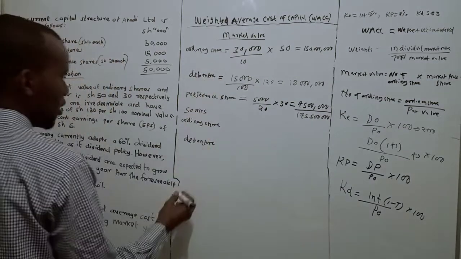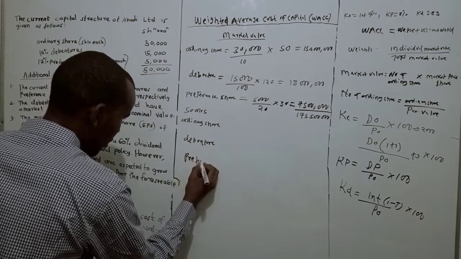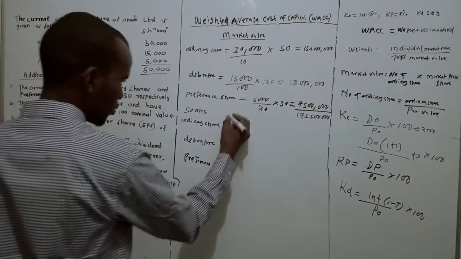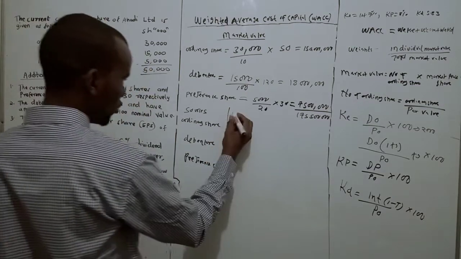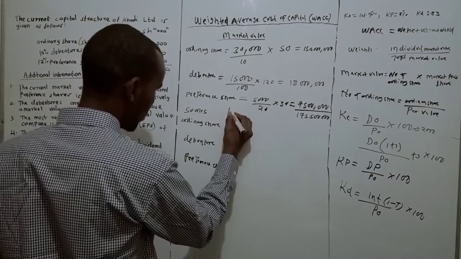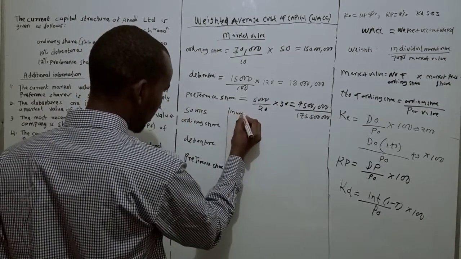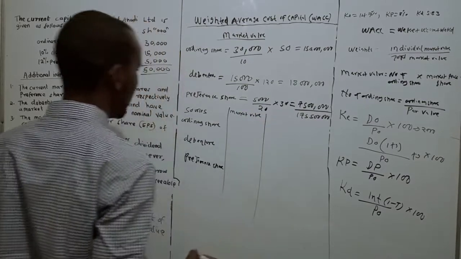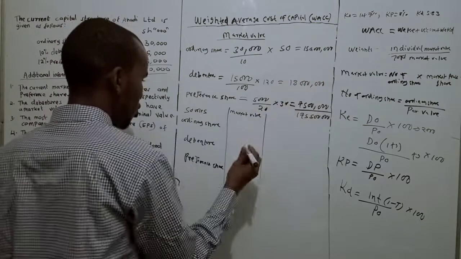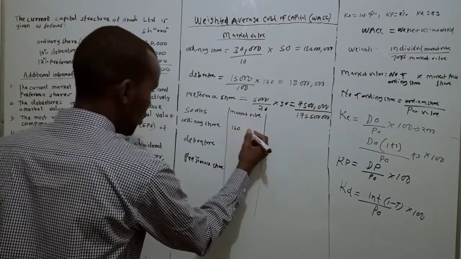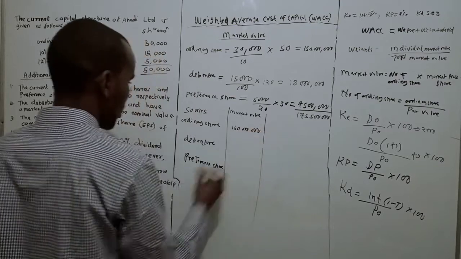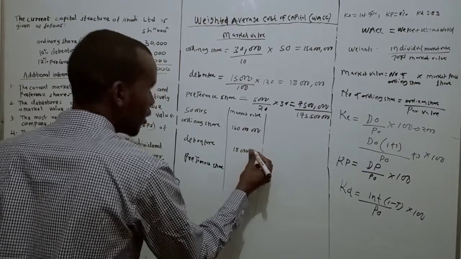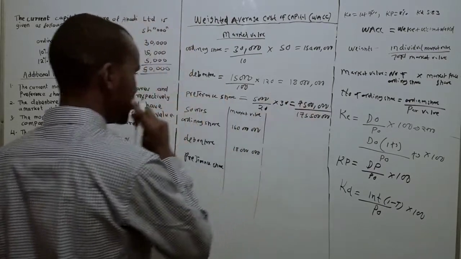Last source is the preference share. After the source, we can have the market values. The market value, remember, we have gotten here 150 million. The market value for the venture is 18 million. The market value for preference share is